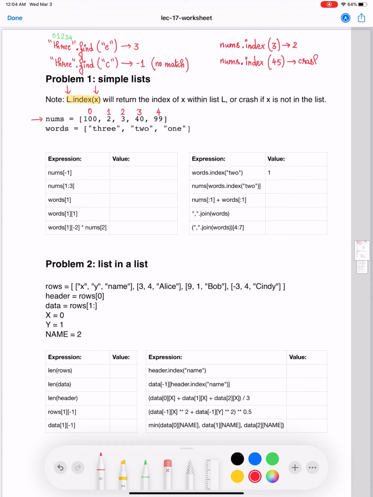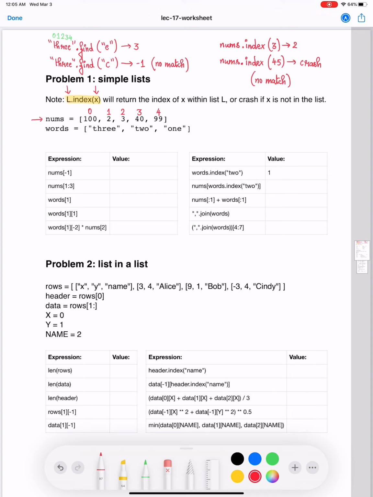That's because index cannot handle non-existent item index lookup. This is unlike find method call, which is going to return a value of -1 when there is no match for the search string.